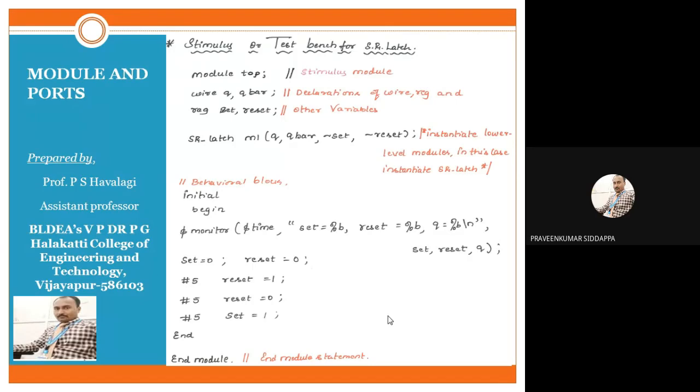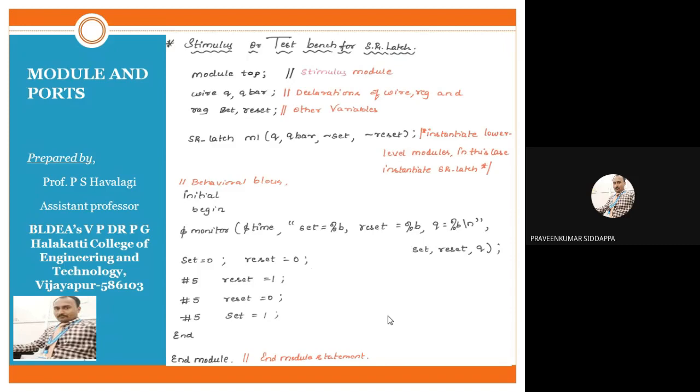These three syntaxes are contained in every code. Every code should contain the inputs, outputs, and which code we are writing, that also we have given. Because of that reason, for every code these first three are compulsory. The next one is also compulsory. Why should we write the next one? What is the next syntax?